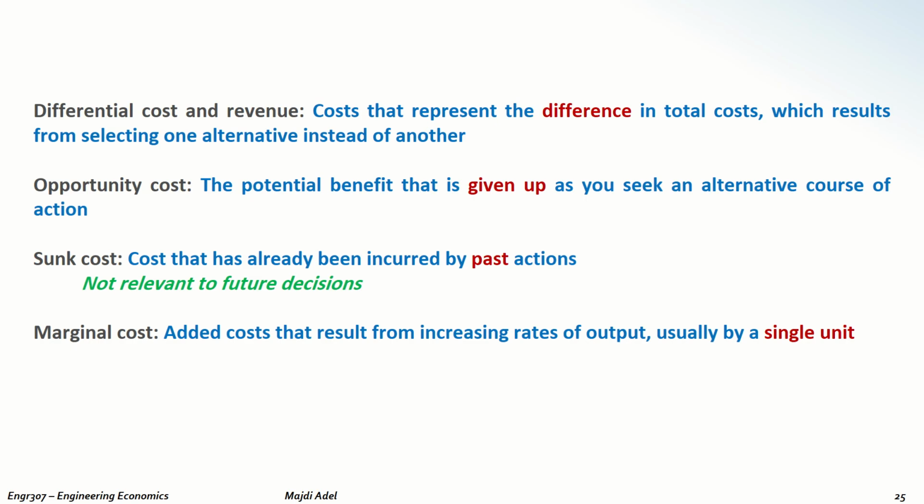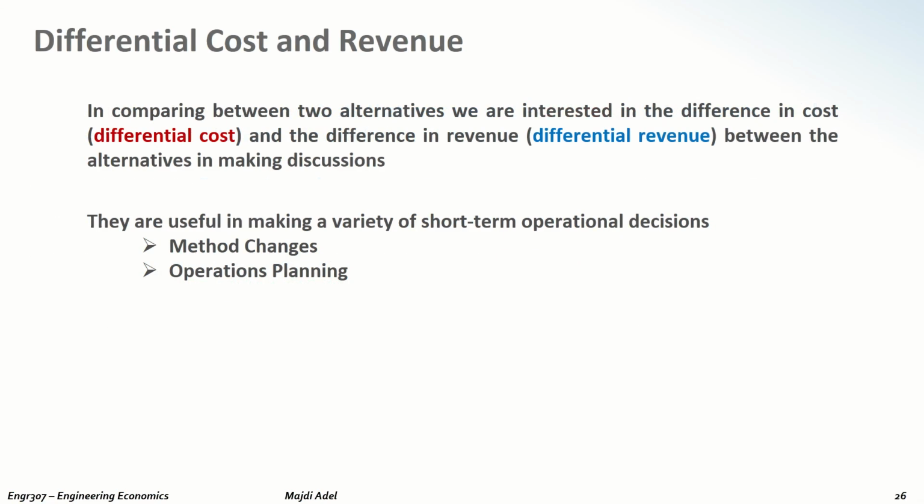Sunk cost, the cost history, or the cost that has already been incurred, which is in the past and has no relevance for making decisions. And finally, the marginal cost, the added cost that results from increasing the rate of output, usually by a single unit. And in making decisions, we have different situations: differential cost and revenue, or making decisions based on the differential cost